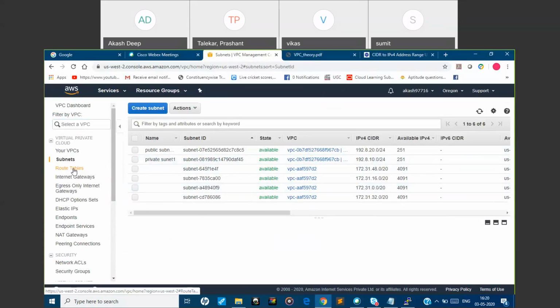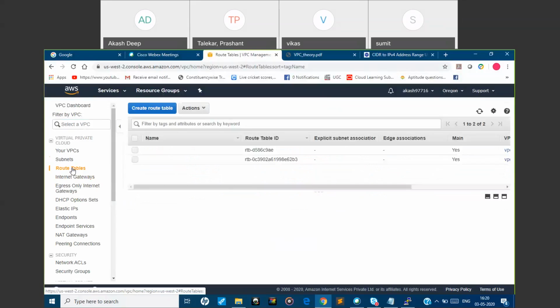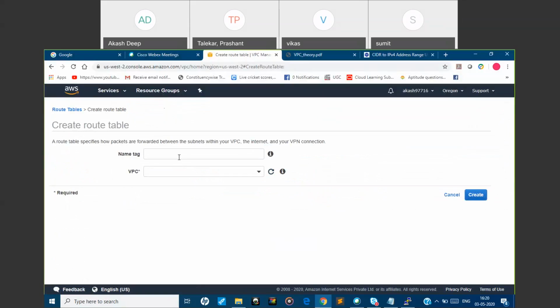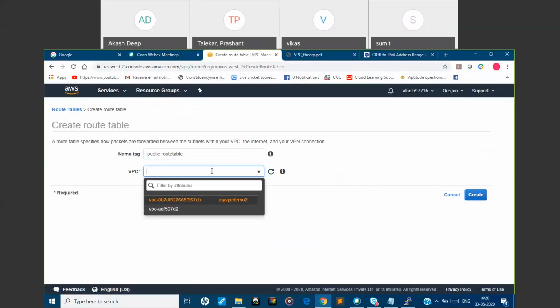Now we'll go to the route tables. We'll click create route table. So, public route table. Select the VPC.